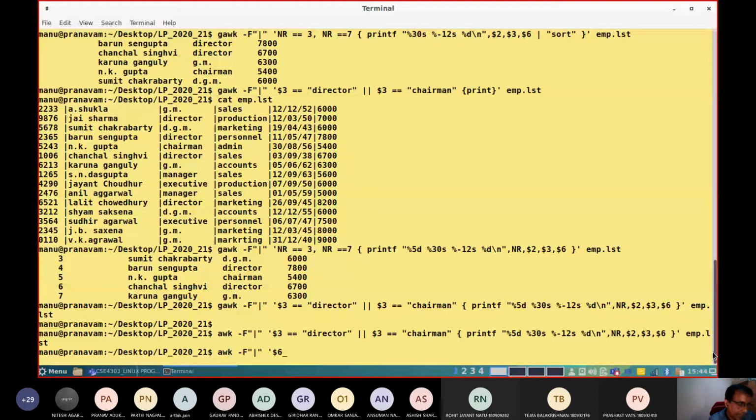Sixth field, if it is greater than 7,500.